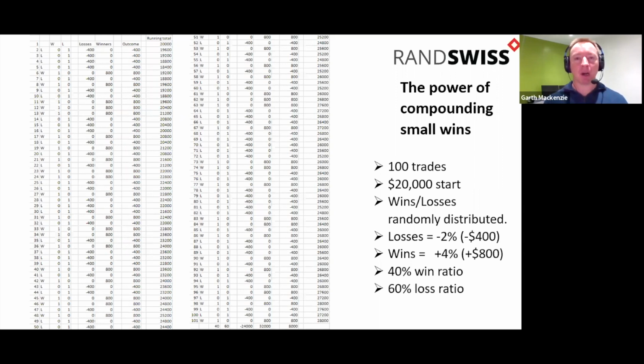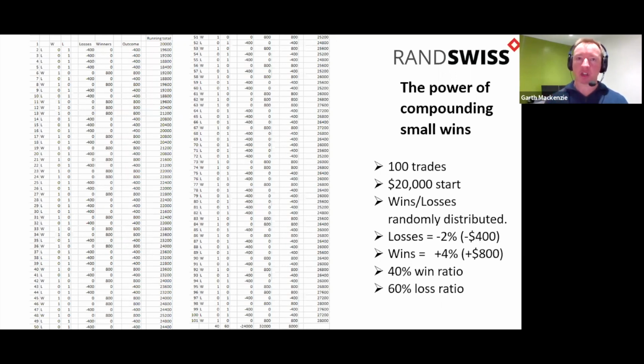And it's the same in the market. So you have to take into account the clusters. And that's why I've said here that the wins and losses are randomly distributed. On your losses, you're going to lose a maximum of 2% of your capital, which is $400 at a time